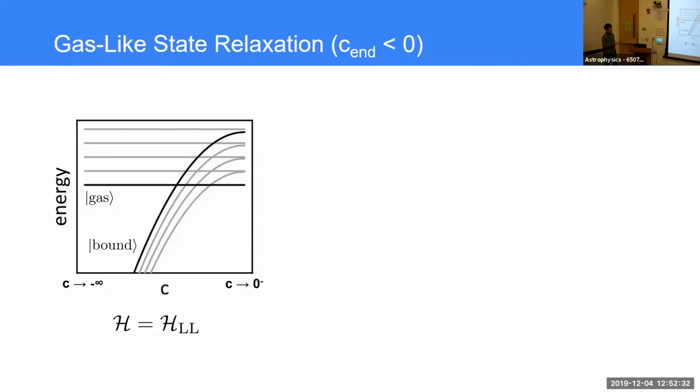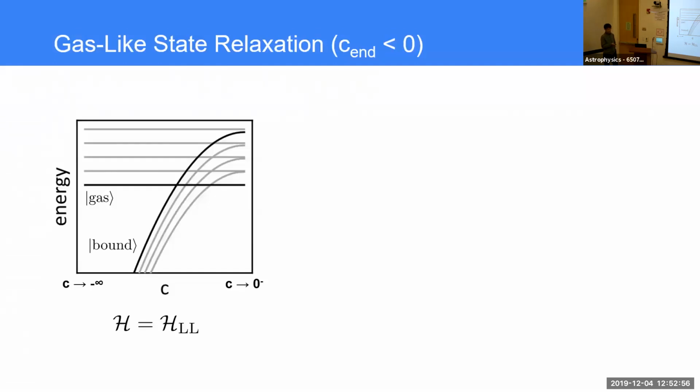And then we have these lower-lying ground states that depend very strongly on C in energy. So after the quantum quench, we will be in the C equals minus infinity limit, in the lowest-lying gas-like state. And as you tune C continuously, you might cross some of these degeneracy points. But because there is no gap opening, your eigenstate is not mixed, so you expect to always stay